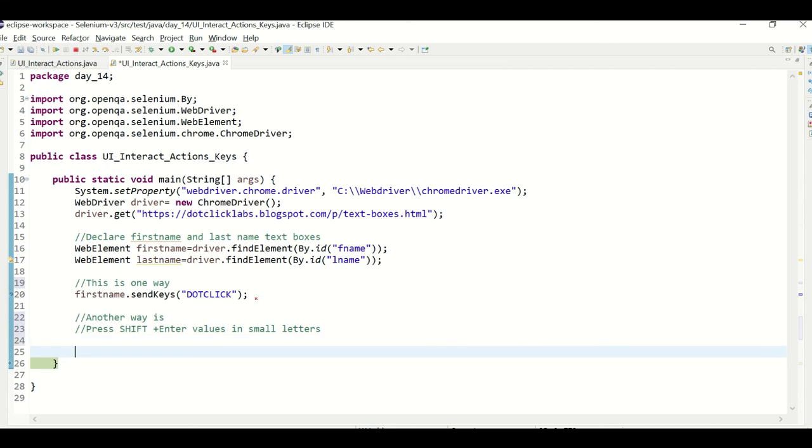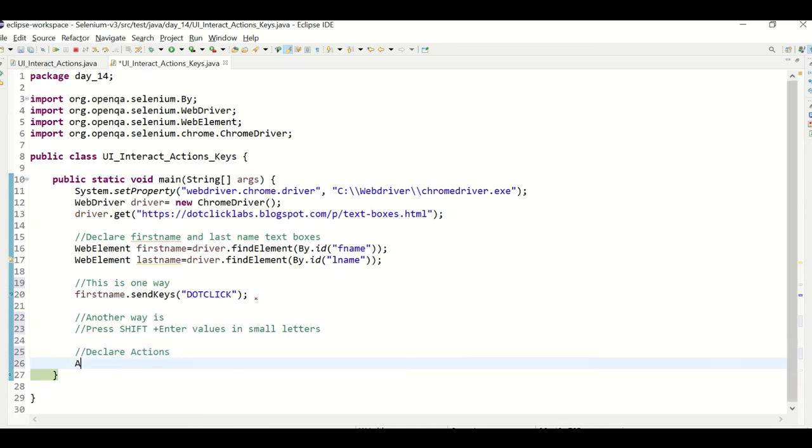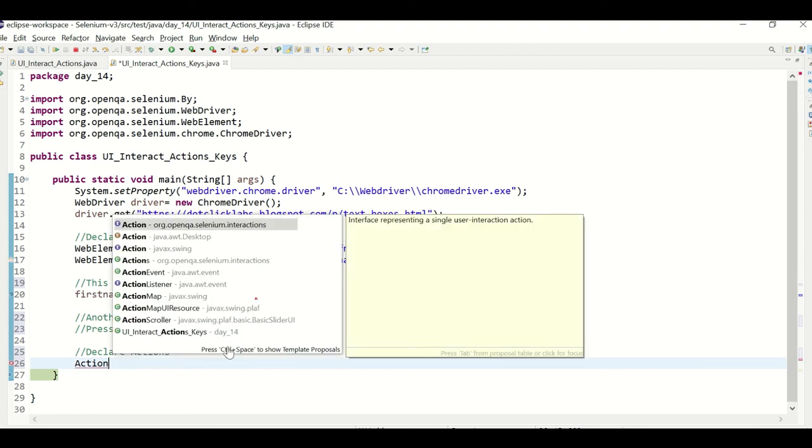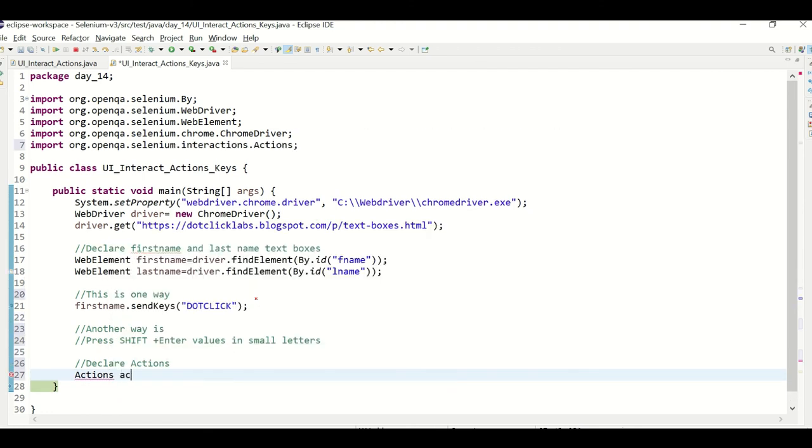So both can do the same. As we are looking at keyUp and keyDown statements, let's try this now. Declare an Actions web element, Actions class, and use keyUp and keyDown statements to enter values by pressing the shift key.